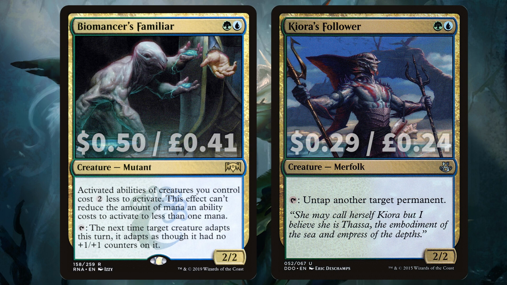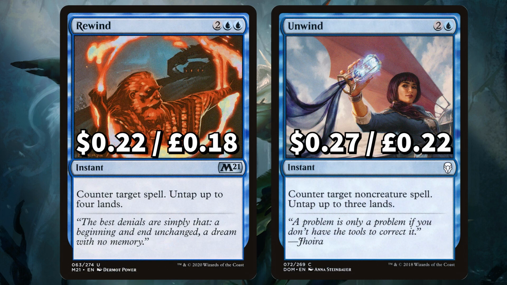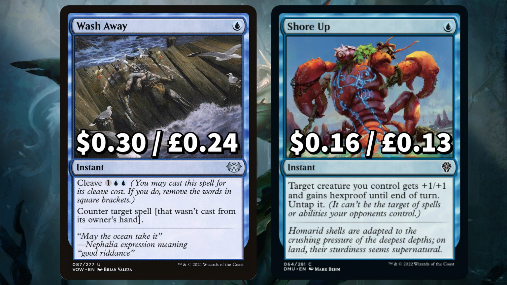First up is Biomancer's Familiar to make activated abilities of creatures you control cost 2 less to activate, and Kiora's Follower to untap another target permanent. Perfect for all of our tappy scry cards or just to give us access to that extra land. We have Rewind to counter target spell, untapping up to 4 lands, and Unwind to counter target non-creature spell, untapping up to 3 lands. There's Wash Away to counter target spell that wasn't cast from its owner's hand with that